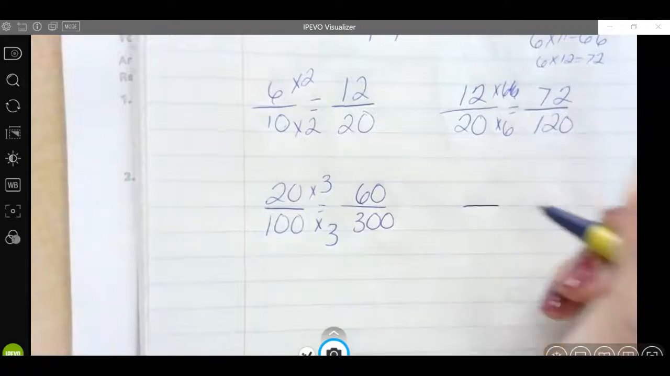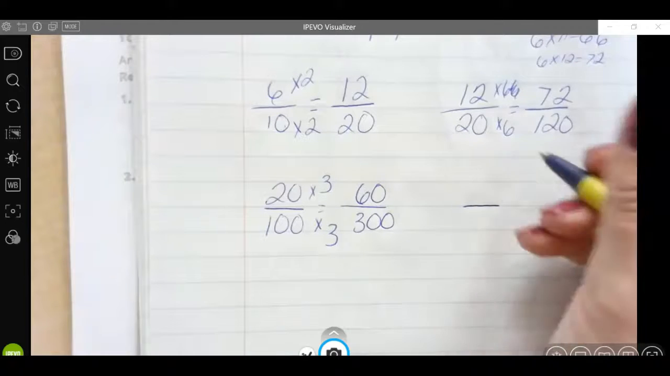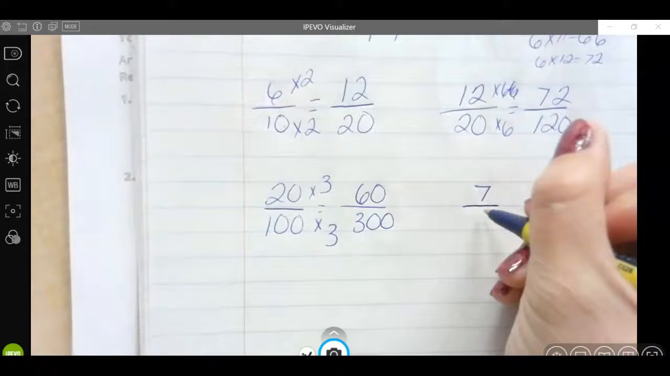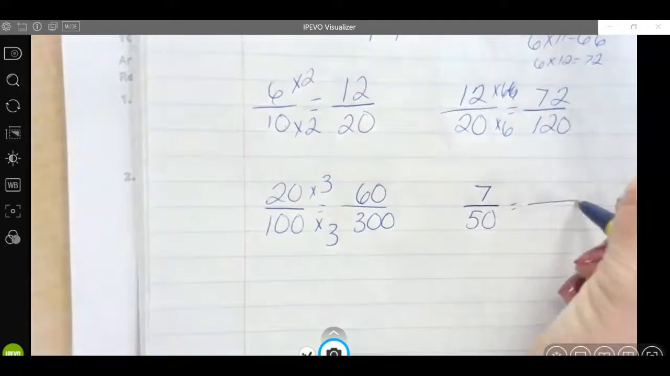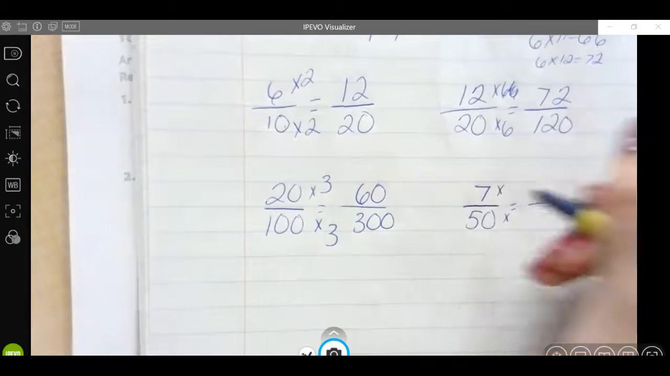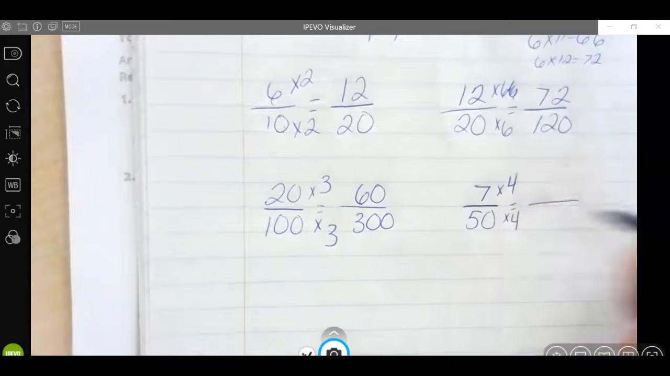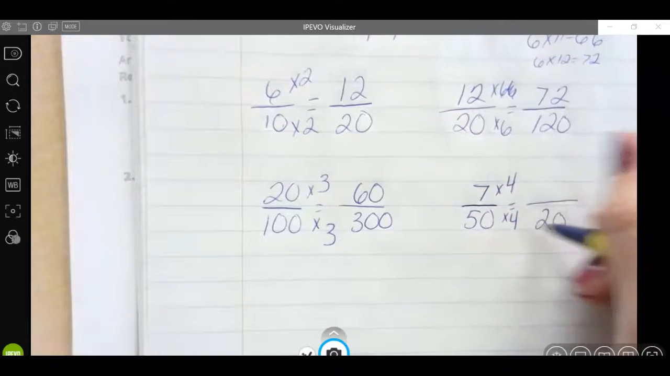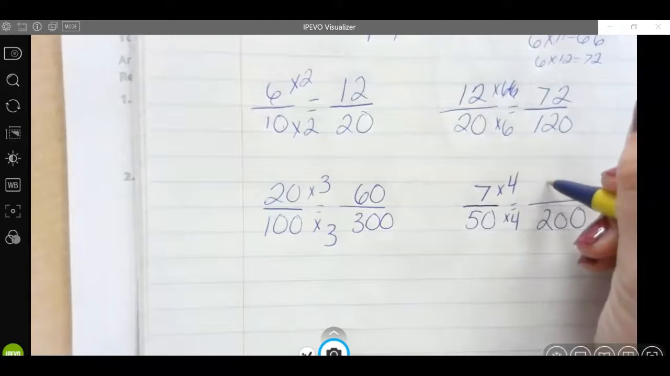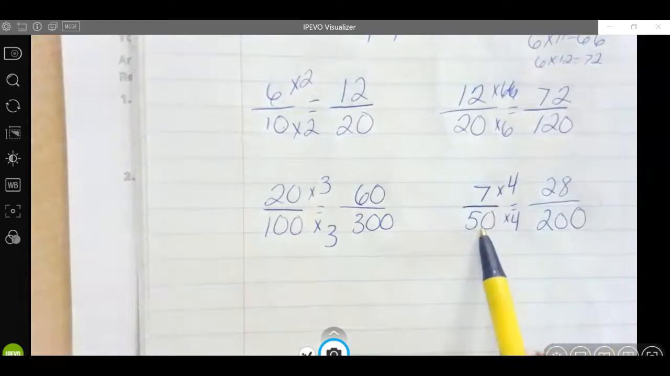60/300. Bridger, give me a fraction. Like a smaller one. 7/50. Okay, 7/50. Noelle, tell me what we're going to multiply by to make an equal fraction. 4. Okay, 4. So what's 5 times 4? 20, and then we add our extra 0. And then what's 7 times 4? 28. So an equal fraction to 7/50 is